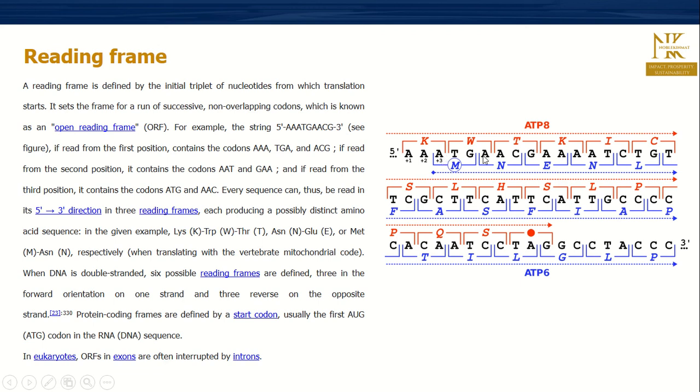So we have it here. Once we have this M, then that means we are good to go, and we continue up to a stop codon. So that is when you begin. Okay, that is for ATP8. So that is how to read